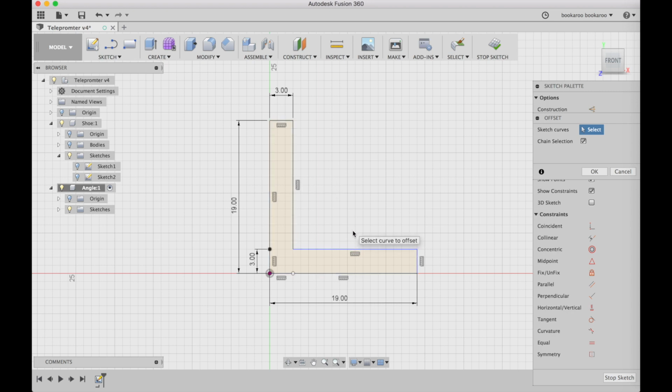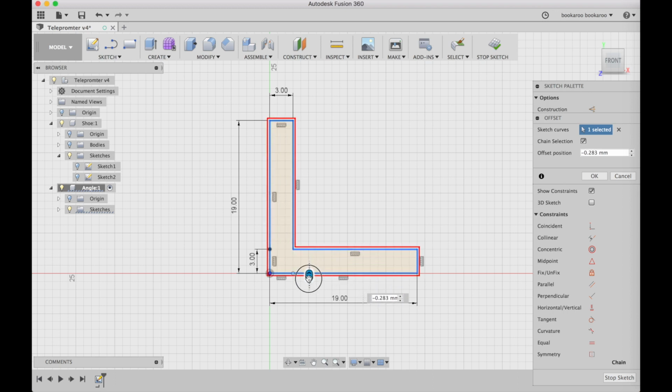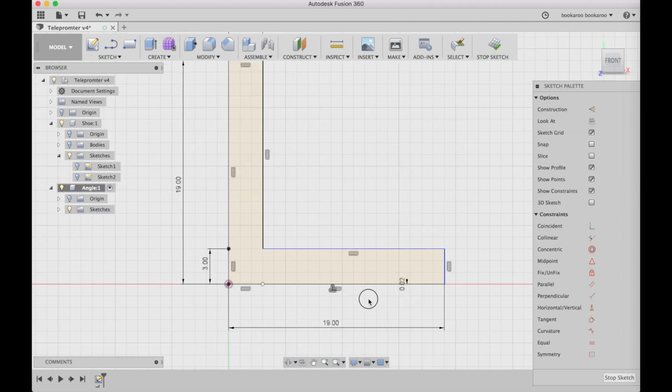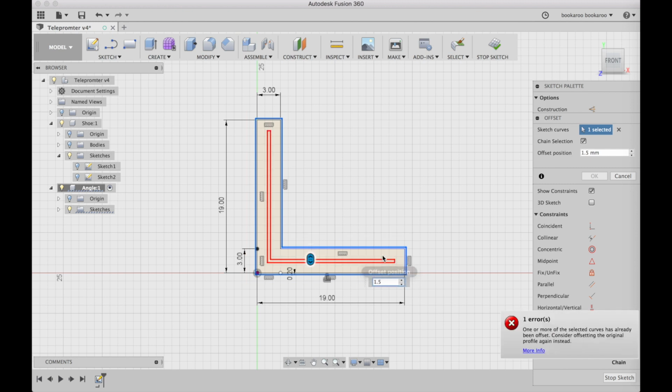Now I'm trying to select to do an offset, but it doesn't work. I don't know why. Okay, I have it. I think it's because there are leftover lines. So I'm going to offset the angle. I'm giving it 0.2 millimeters of clearance between the angle and the part. Oh, I'm doing the offset for the outside. So I'm doing a